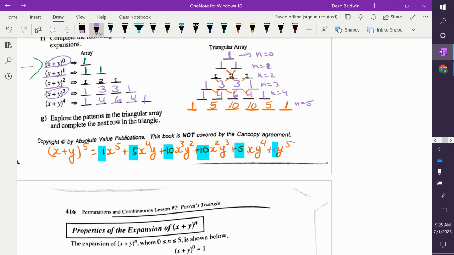What do the exponents on the x and y in each term always add to? 5. To whatever n is, right? Whatever this number is, they always add to that number. Okay? So,